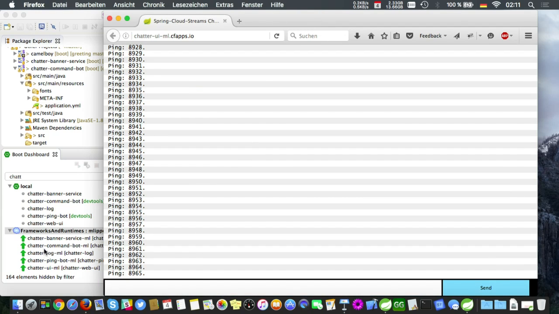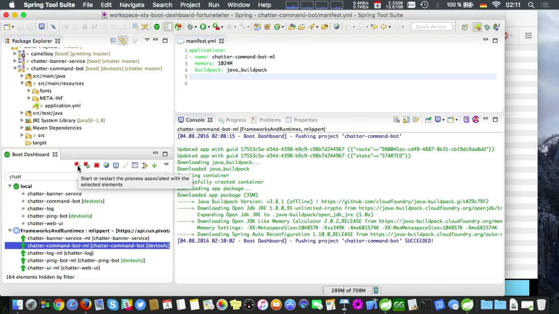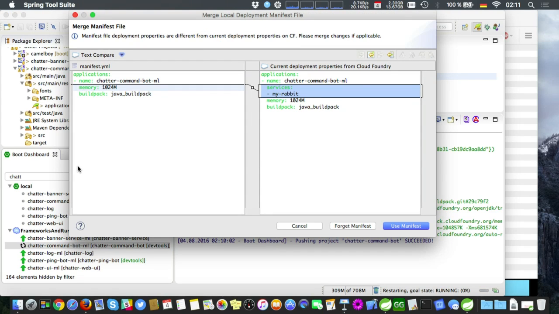That's good. We can quickly restart the app here on my dashboard. Assuming maybe I've changed some stuff locally too, or some stuff changed. And in this case, it would be quite dangerous if the boot dashboard would just deploy the app as it is again and restart it again on Cloud Foundry, because it would use the manifest file that I have used again, and all of the stuff that I changed on the Cloud Foundry side would be lost. But luckily, the dashboard is smart enough to check that for you. So whenever you went ahead and changed something on Cloud Foundry and you redeploy the app or restart the app,